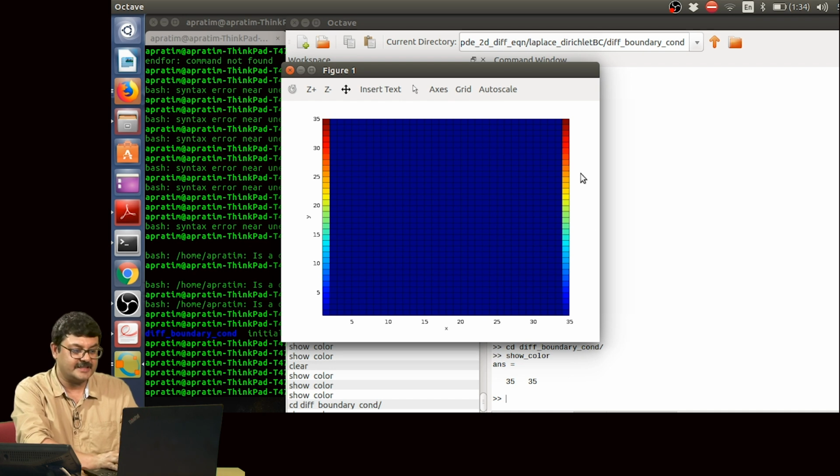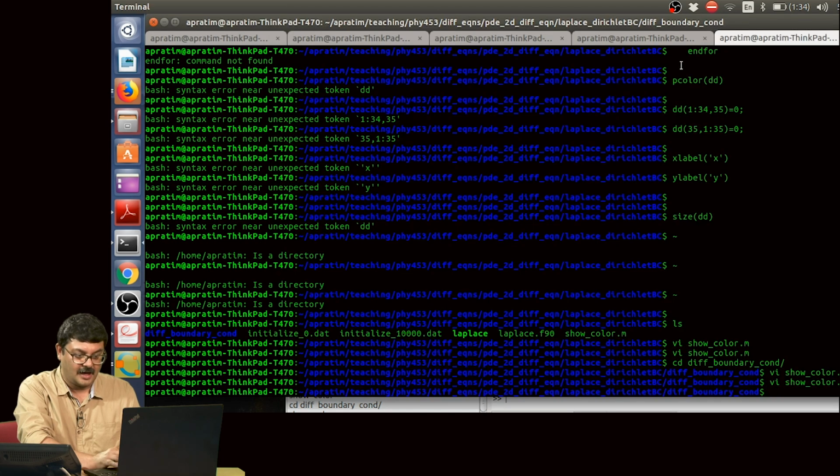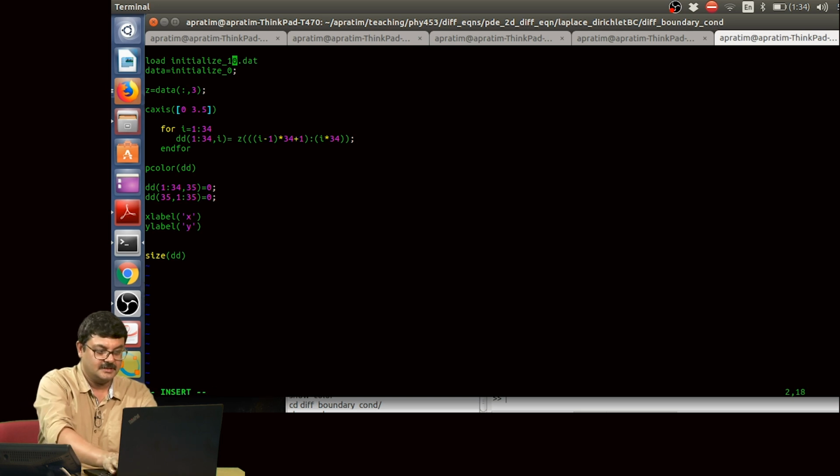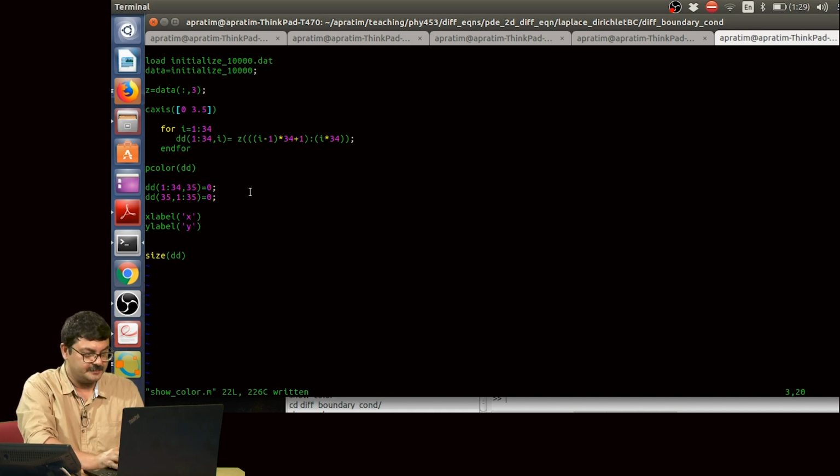All the temperature inside is 0, here it increases, here it increases. Along the boundaries, I have set them to be 0 and it shall remain 0. Along this and this, they shall remain 0, and after the solution of the Laplacian, if you iterate it and the result converges, the final temperature profile is going to be